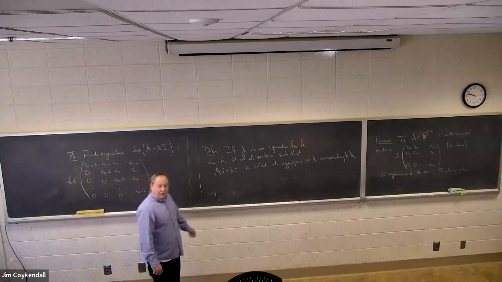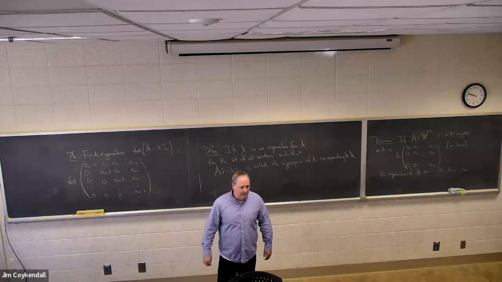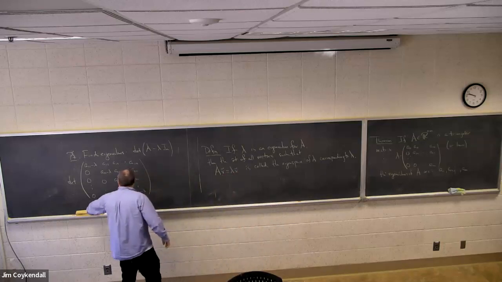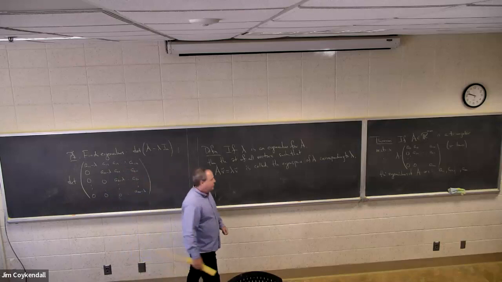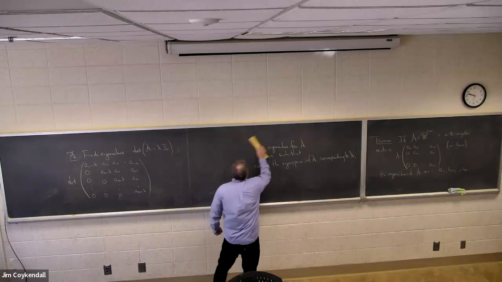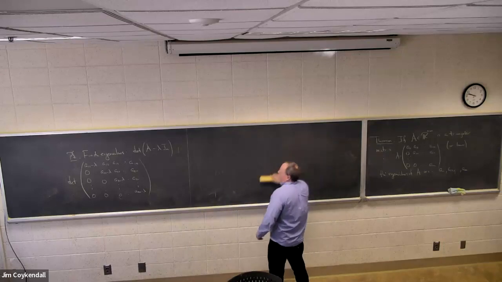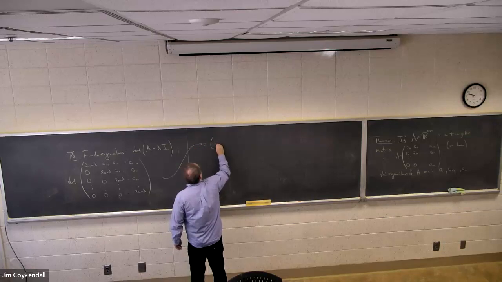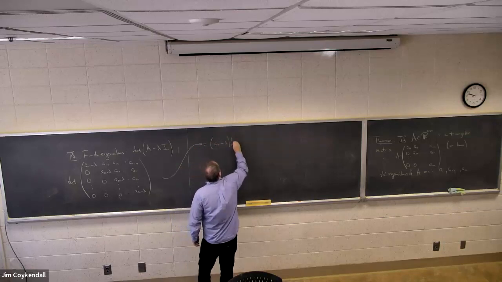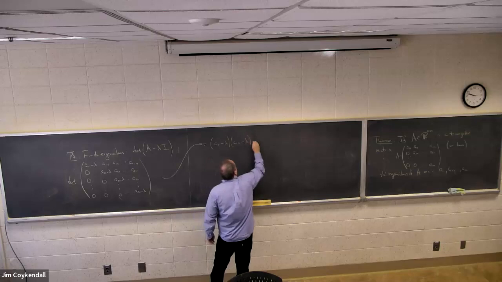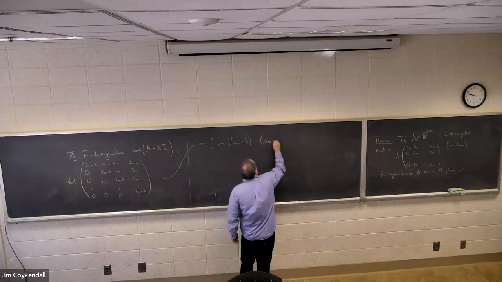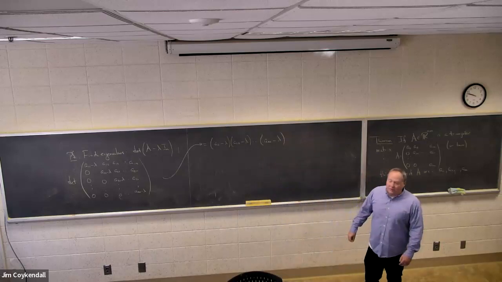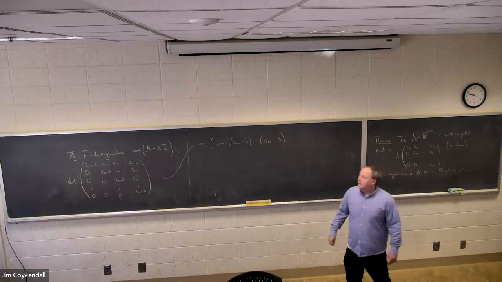Now notice this matrix is still upper triangular, right? How do you take the determinant of an upper triangular matrix? You just multiply the diagonal elements. So the determinant of this is equal to (A11 minus lambda)(A22 minus lambda) up to (A_nn minus lambda). And so it's pretty easy to see, isn't it, that the roots of this are